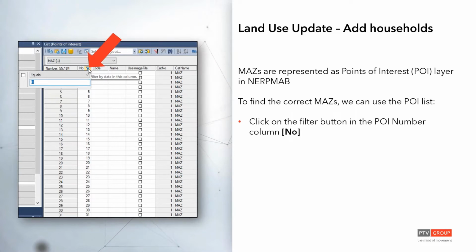And NERPMAB has two geographies, unlike a trip-based model, which usually works only with one geography, the zone or traffic analysis zone. ABMs generally have two geographies, traffic analysis zone and a smaller geography called microanalysis zone. So in this example, we have to update two MAZs and add households to them. Right. So one way to do this would be,